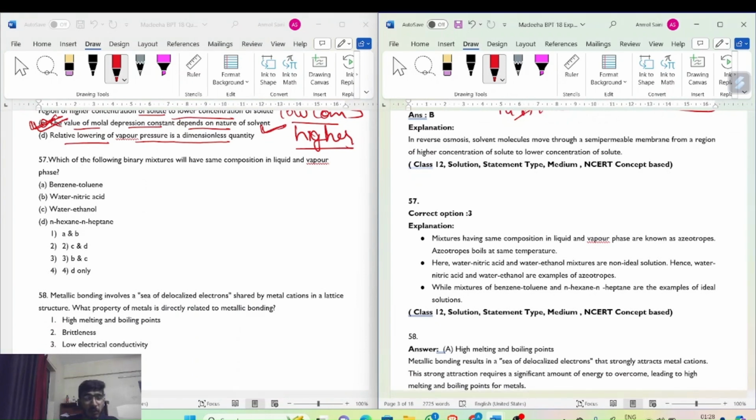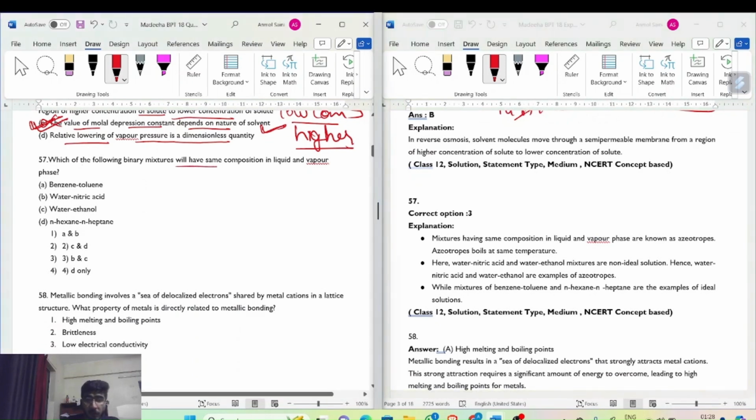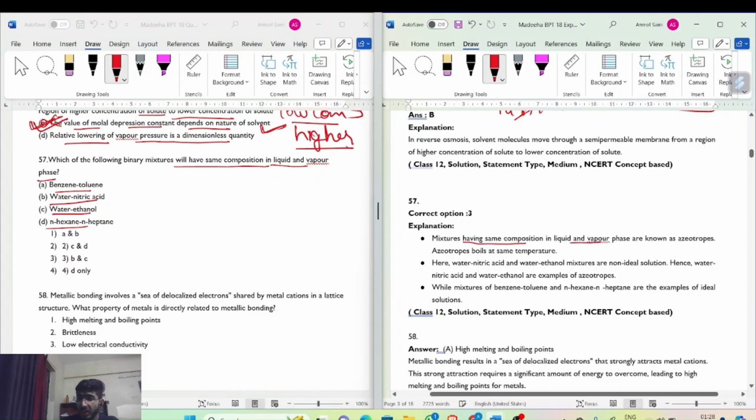Which of the following binary mixtures will have the same composition in liquid and vapor phase? First is benzene and toluene, second is water and nitric acid, third is water and ethanol, fourth is N-hexane and N-heptane. Mixtures having the same composition in liquid and vapor phase are known as azeotropes, and azeotropes boil at the same